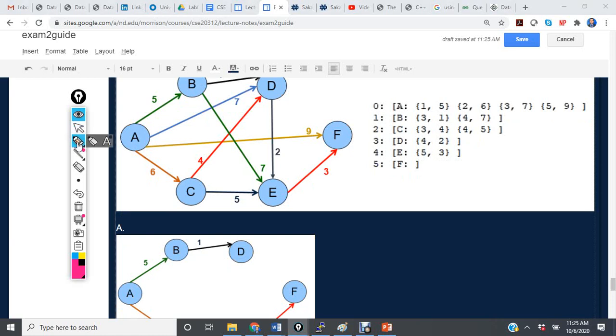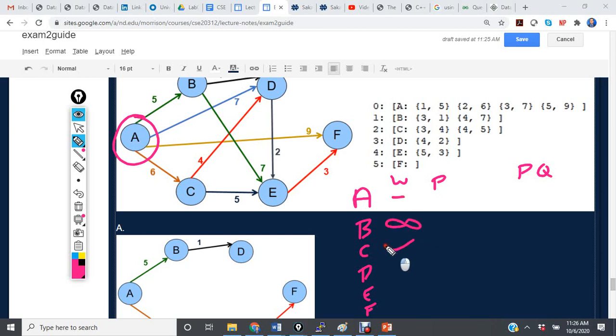When you're writing this out, you have all of your particular vertices, A, B, C, D, E, and F, and you have to have a weight and a parent. We're also going to have a priority queue, which will allow us to investigate which one we want to do next. So we're going to start at A. A has 4 outgoing edges to B, D, C, and F. Originally, all of these weights are going to be initially infinity,